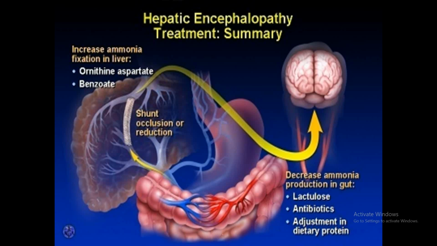So if it fails, then you have to go for other things. Liver transplantation is the answer, and the bridge surgery, that is TIPSS, can be considered if transplantation cannot occur. If it is not possible, then you go for the TIPS.